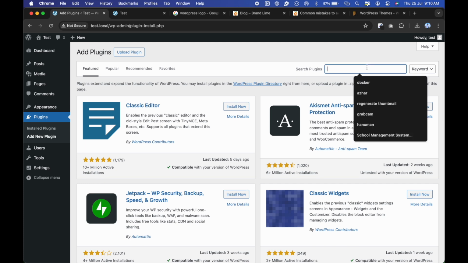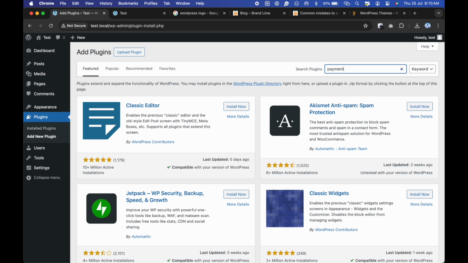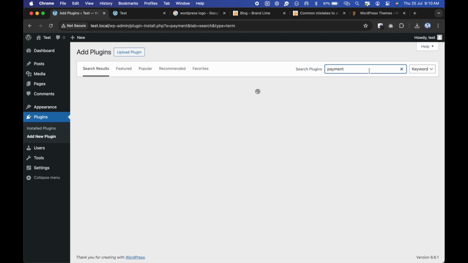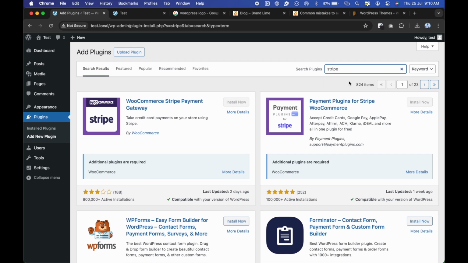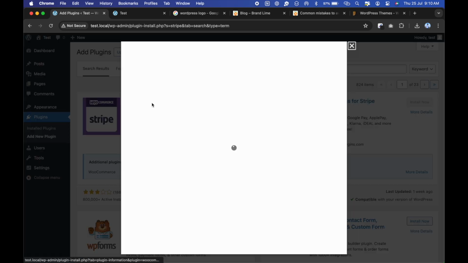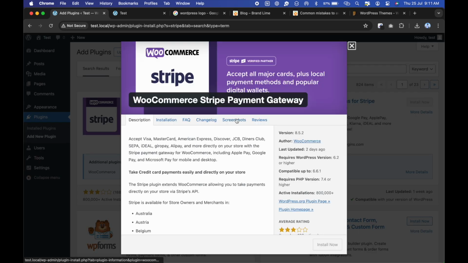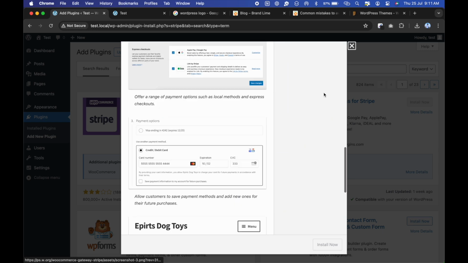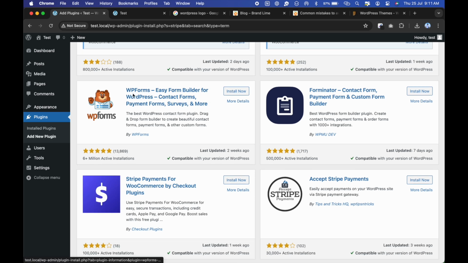Suppose you are making an e-commerce site and you want to get payments. You can have that payment option by just using a payment plugin. If you have anything in mind, let us suppose we search for Stripe. Stripe is used for taking credit card payments, so we can use that. This is the plugin, and you can see it has been installed by this many people, it has this much rating, and we can simply click and install it, and in just a matter of a few clicks it will be set up, and we can take payments from Stripe just like this. If you want to add a form to our website, we can use form plugins,